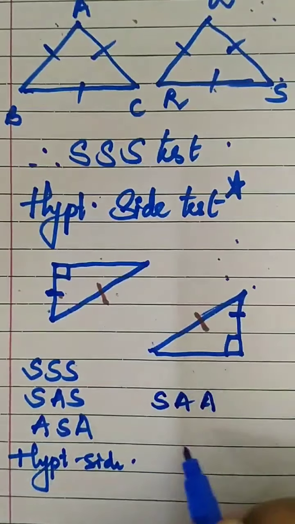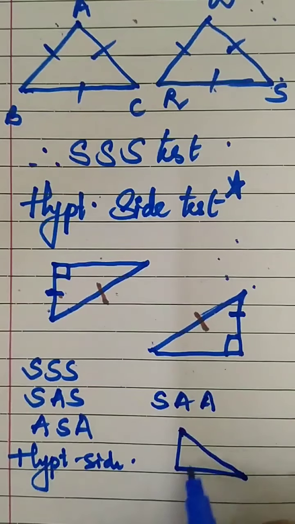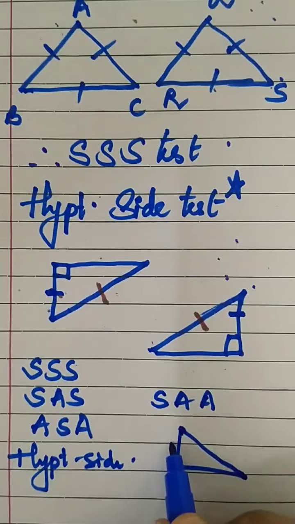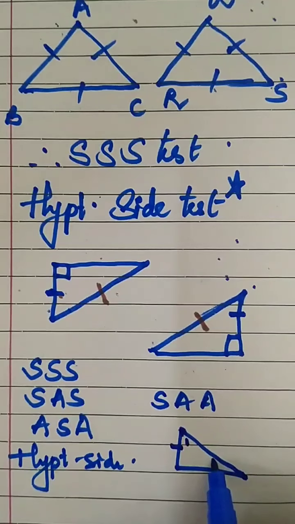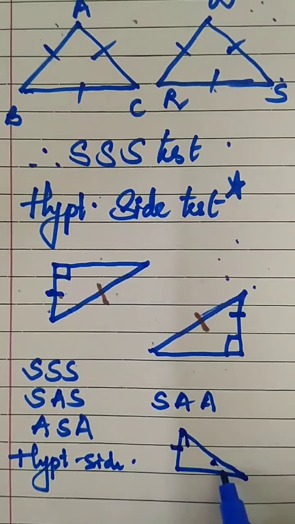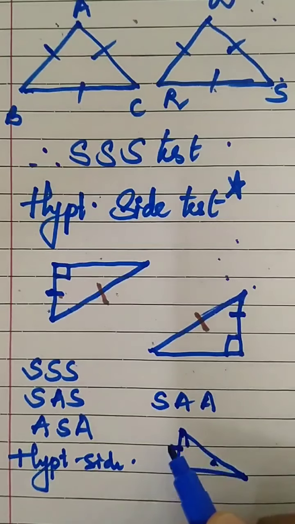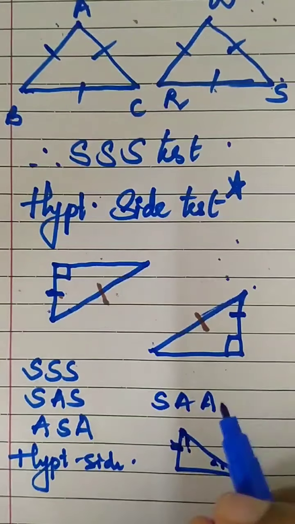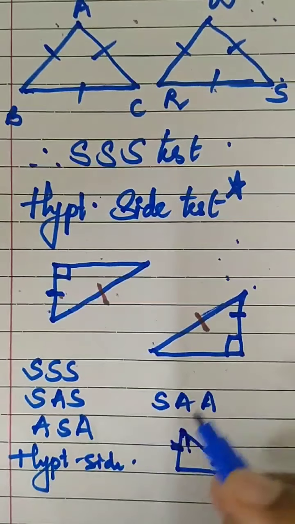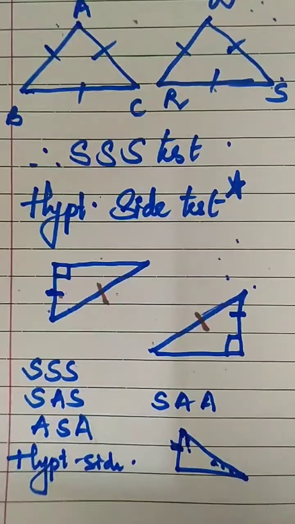SAA test means in this test, suppose we have a triangle. Here I have not marked 90 degrees. So suppose one side and two angles are marked. So SAA test. Remember that for SSS, SAS, ASA, you should get it in order. It should not happen that one side is here, other is somewhere else. For example, SAA should come in proper order. So one more test you can write, SAA test can be asked. Okay, now depending on this, let us solve practice set 3.2.